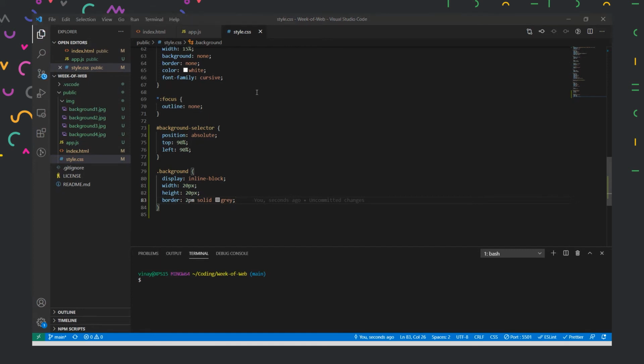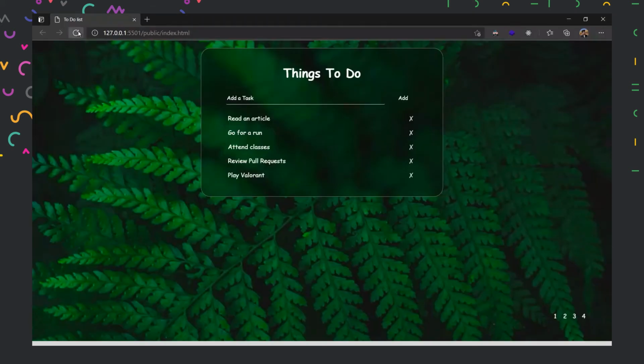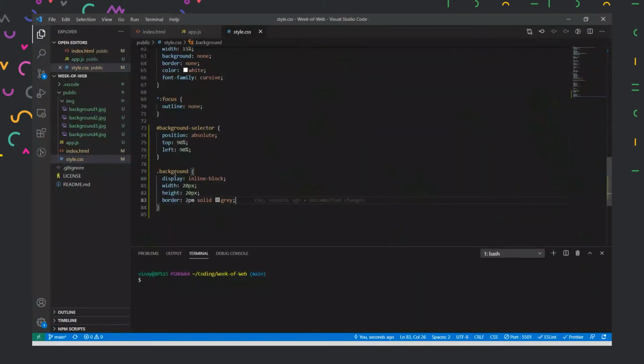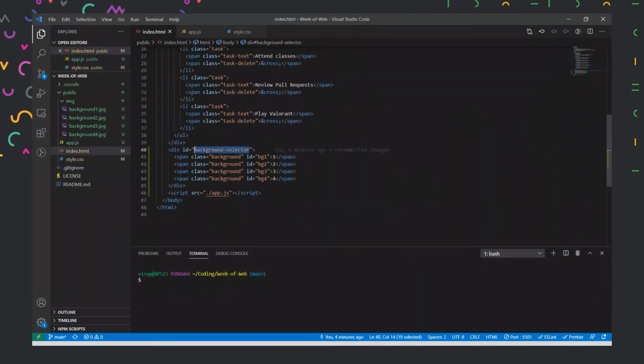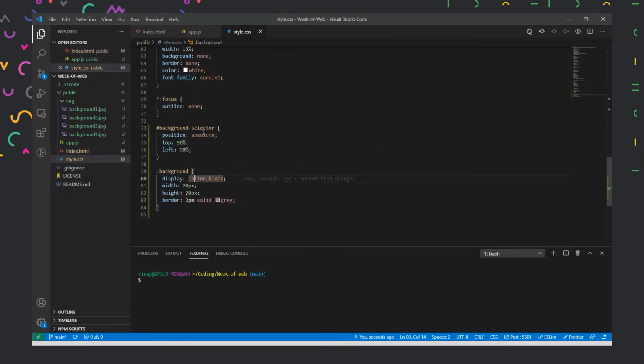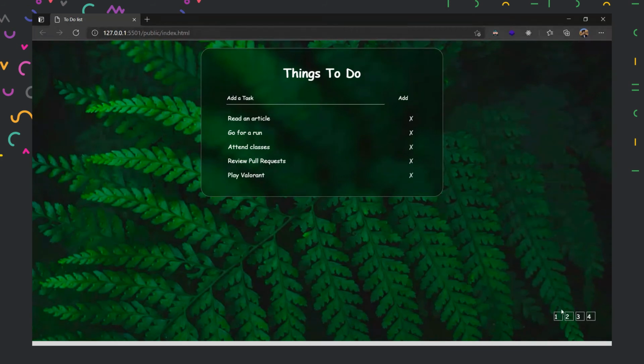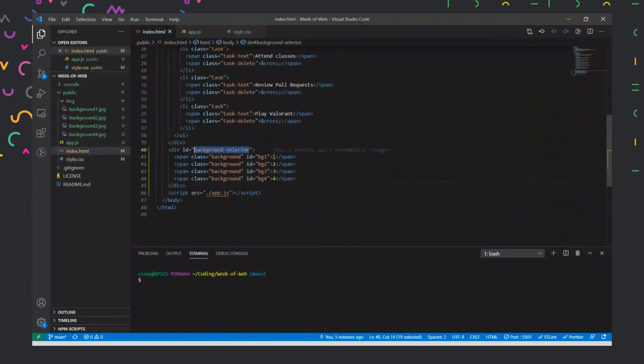Now if I save and look at our page, it is not selected. Let us see why. We have the ID background selector selected properly, and then we have background selector selected properly. Maybe due to a typo there, or it's px, right? The border. Oh yes, correct, that's pixels. Thank you for that. And now yes, all the elements are over here. Now I will remove 1, 2, 3, 4 from it because now it's visible to us.